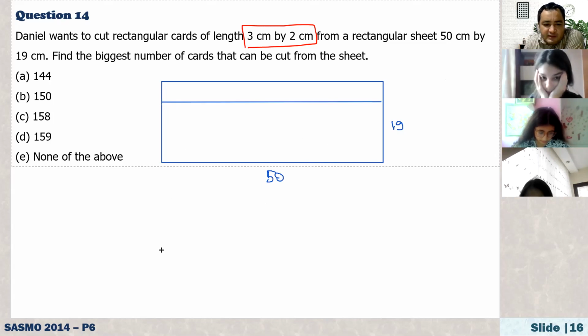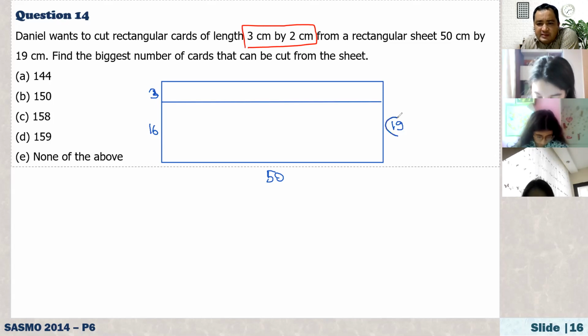In such a way that here, this one is, let's say, 2. So the remaining part will be, no, not 50. Okay, 50. If it is 16, all right. This one is 3, okay? So the remaining part will be 16, right? Because the width of the rectangle is 19, okay? So this 16,